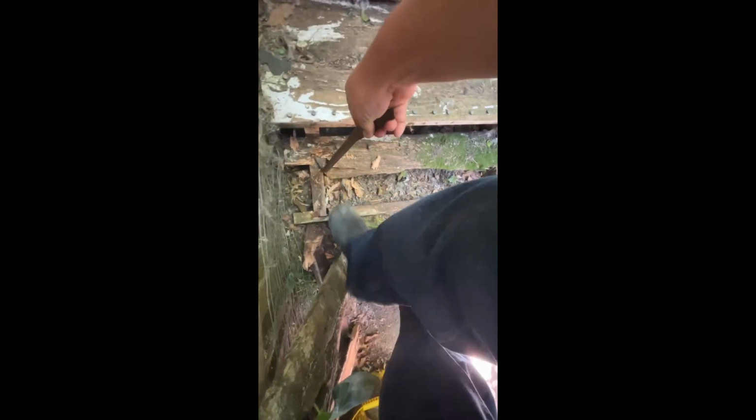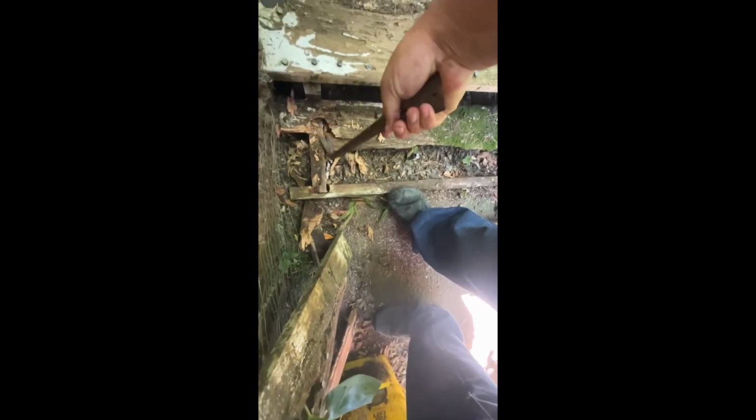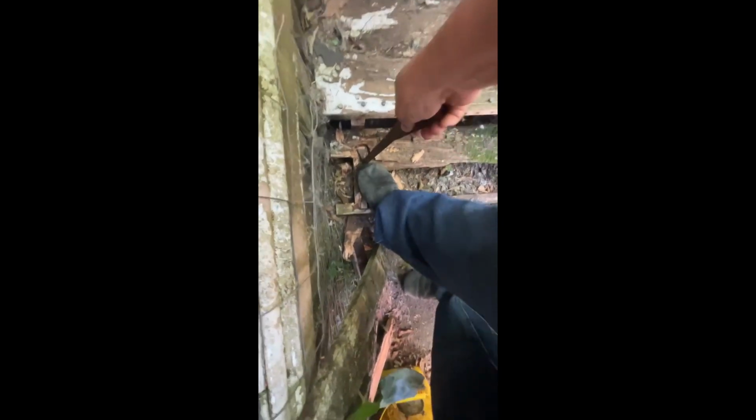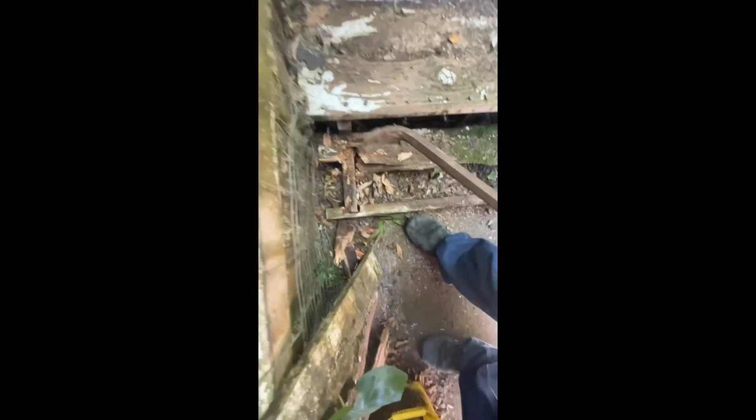Now, we probably should have a hammer for this, but I don't. I own a hammer, but I didn't bring it. And to be honest, I don't want to tear all the internal structure out of this, because I still would like to work with it with the cement. So I don't want to just go ham on this stuff, brute forcing it or anything. I just want to